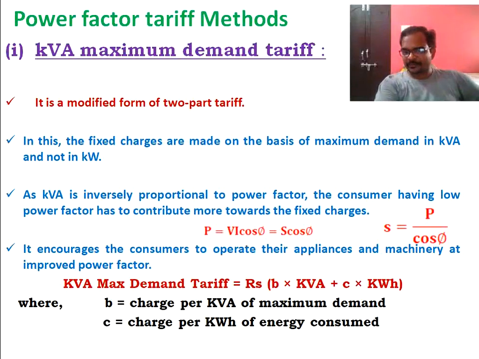Now B, the charge per kVA, is 2 rupees. If my power factor is 0.9, my kVA is 20, so 20 into 2 is 40 rupees. If my power factor is reduced to 0.8, then kVA is 30, so 2 into 30 will be 60. In the previous case, when power factor is 0.9, I am paying 40 rupees. Now if the power factor is decreased to 0.8, I am paying 60 rupees. So in this way, I am penalizing the low power factor of an industry. It is the first method.